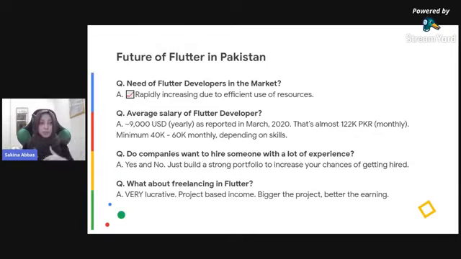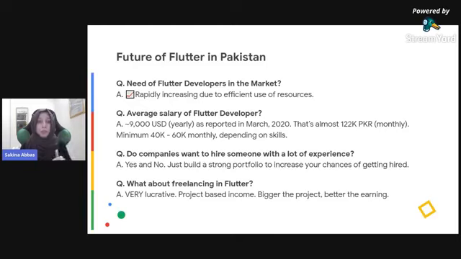But that's kind of a benchmark, right? The average one. If we look more deeply into the industry, Flutter developers are earning from at least 40,000 per month to as high as 120,000 or 150,000, depending on their skill level and experience.